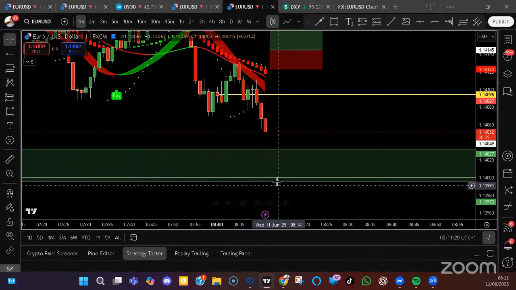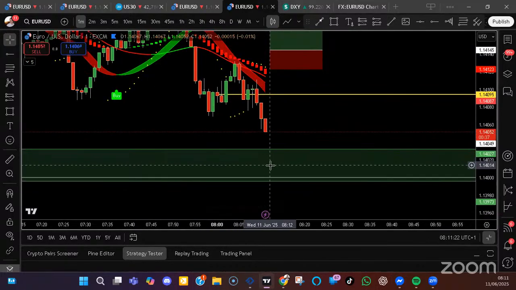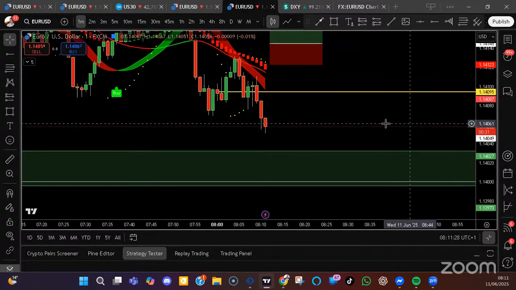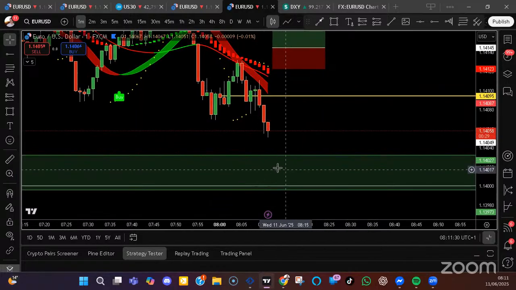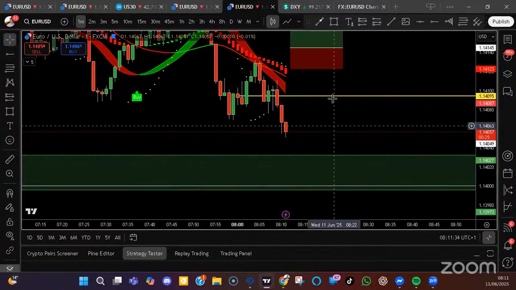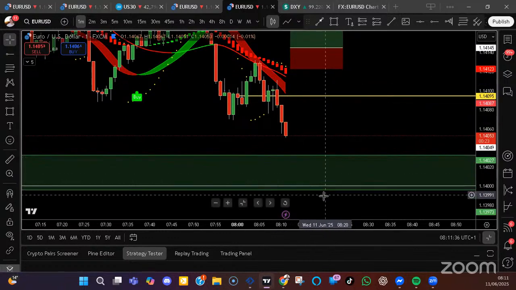There's a reason for price to get down here to tap into this imbalance, because price loves balance and this is imbalance. So it could tap into here and then shoot off back again, or it could even go deeper,